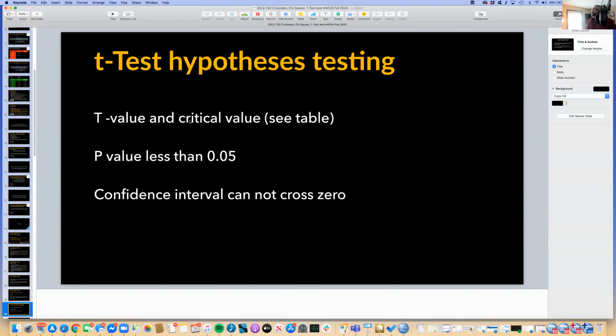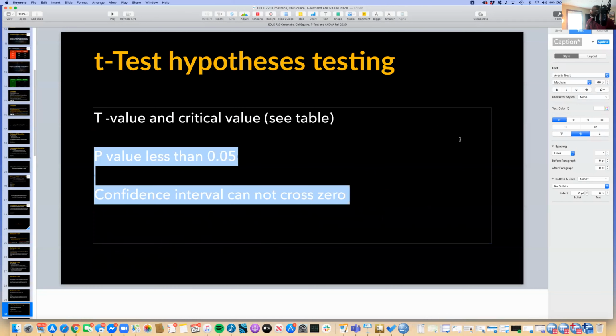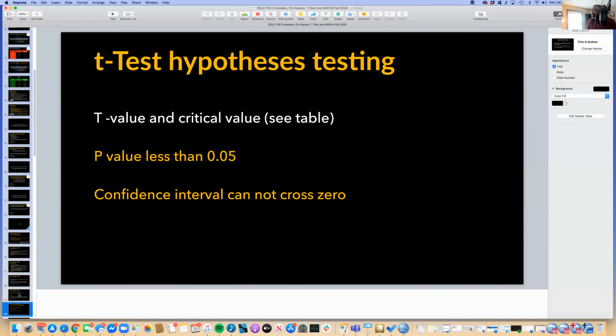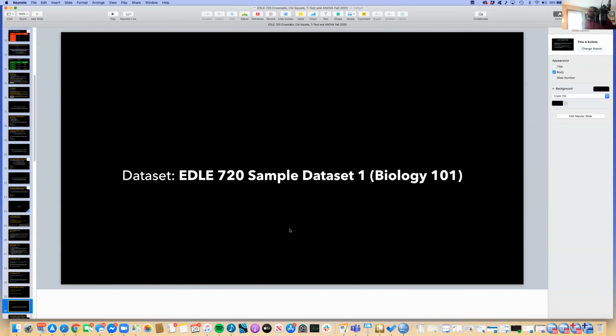Okay, we're going to ignore the t-value and focus on these two tests to determine whether or not the test is significant. And we're going to get right into it. Okay, so we're going to do a pretty simple one here. All right. Sorry. All right. So let's pull up